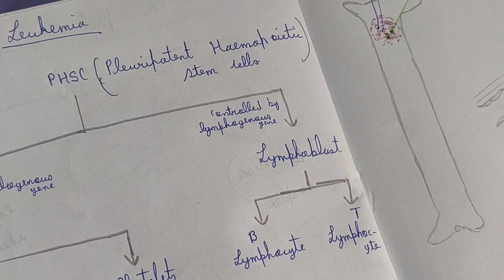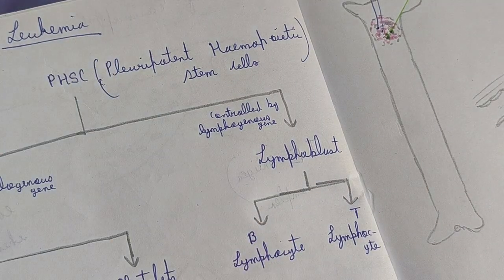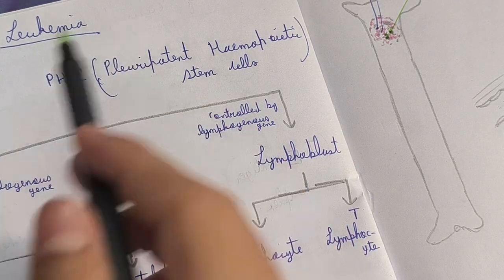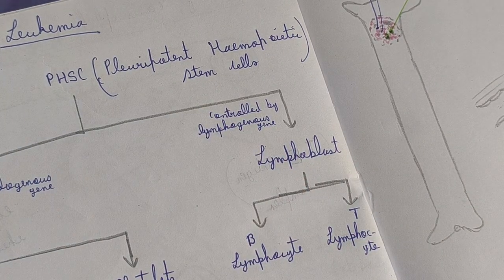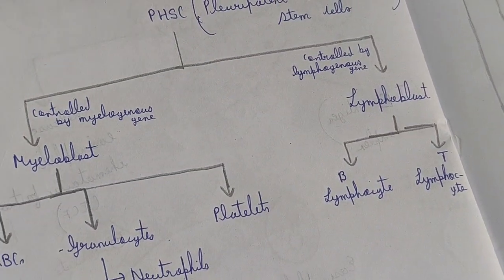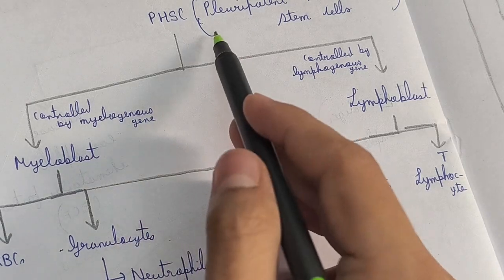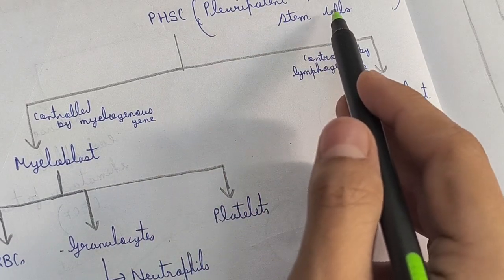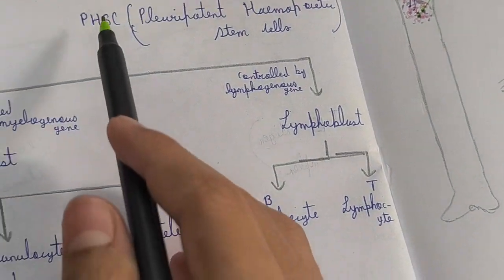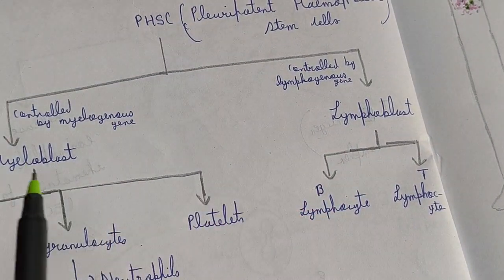So hello friends, today I'm going to make a video on the topic of leukemia. This is an abnormal condition. First of all, the normal thing that you must know is that from the pluripotent stem cells, also known as PHSC,